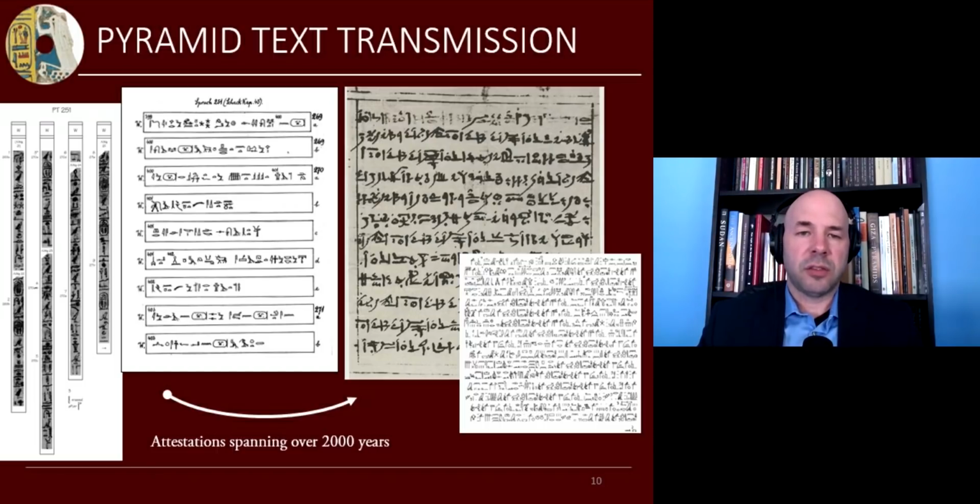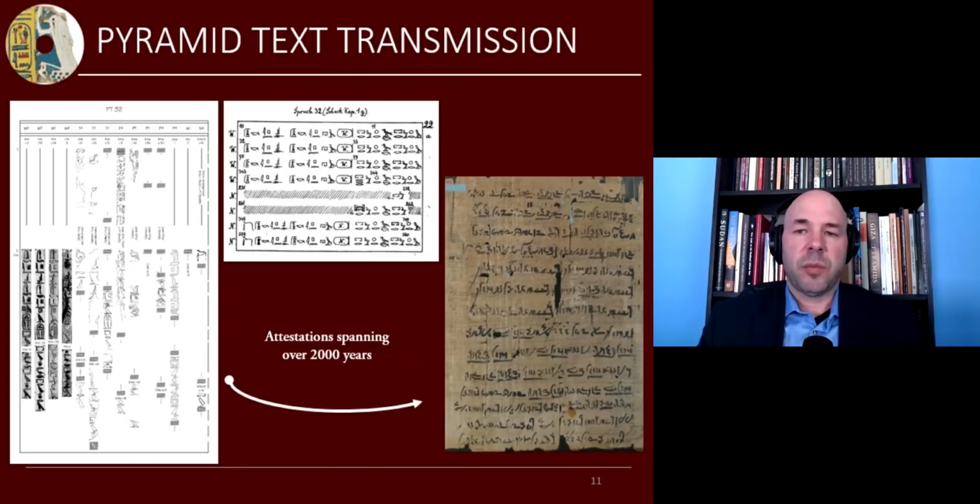So over 2,000 years later, they're still writing out text in Old Egyptian, and this one in hieratic. Here's another example of that. In this example, they're copying out these pyramid texts into Demotic, again in a papyrus from the 1st or 2nd century AD, this time in Demotic rather than in hieratic. So you can encounter any of these phases in later periods of Egyptian history when you're dealing with their text,